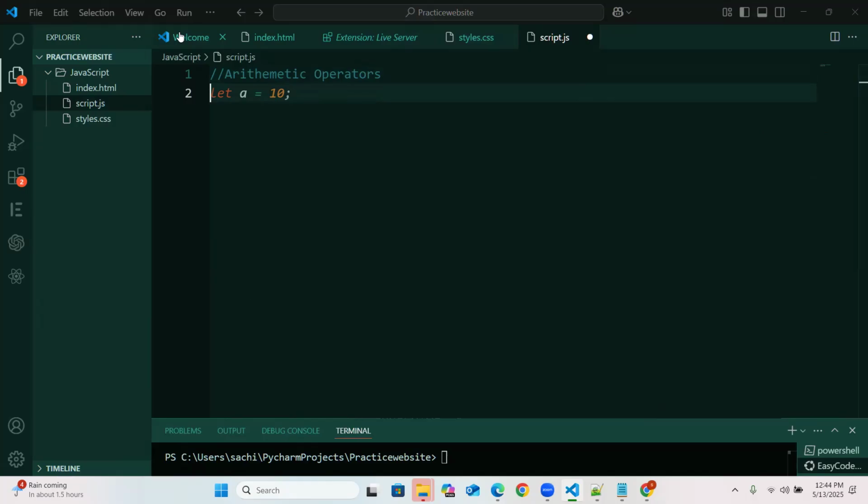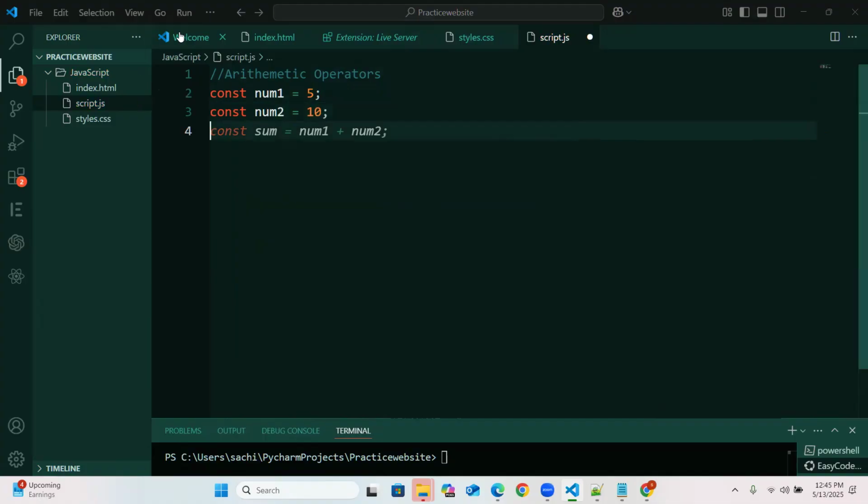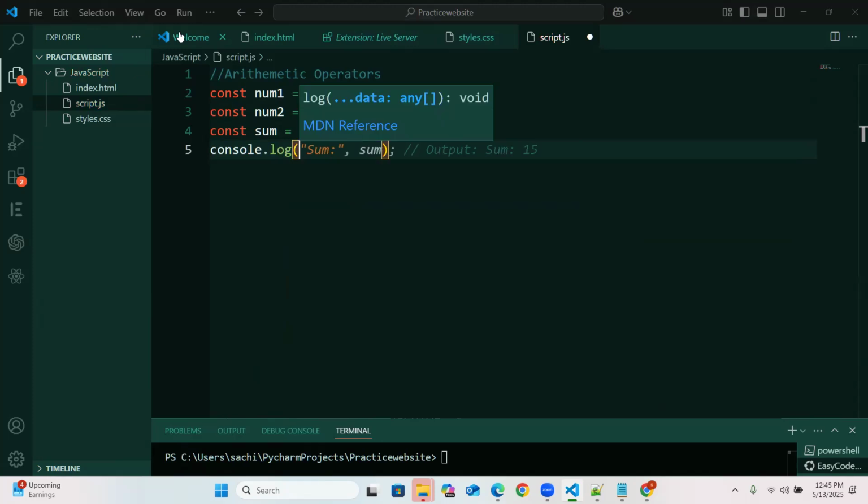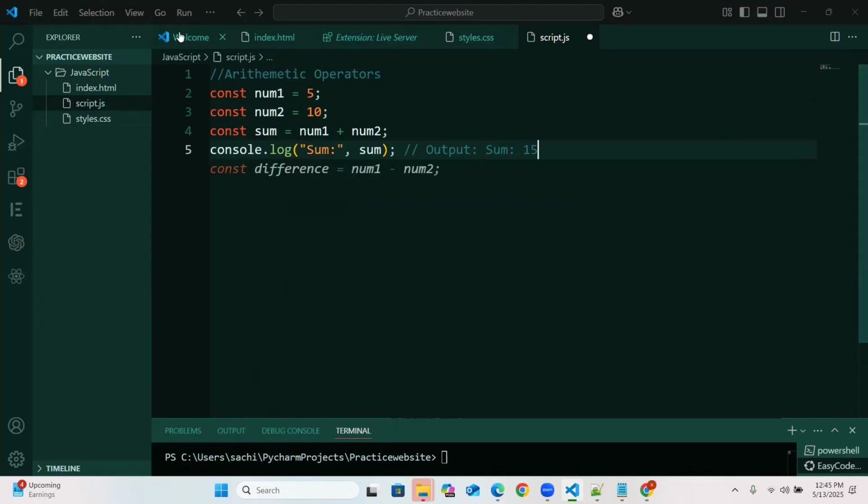Now, instead of let, let's take a const this time, and I'll take some values. const num1 is equal to 5, and const num2 is equal to 10, and const sum is equal to num1 plus num2. At this moment, I'll say console.log,